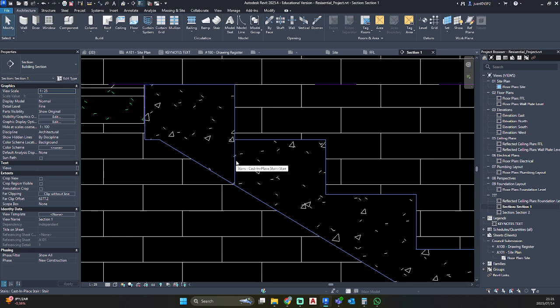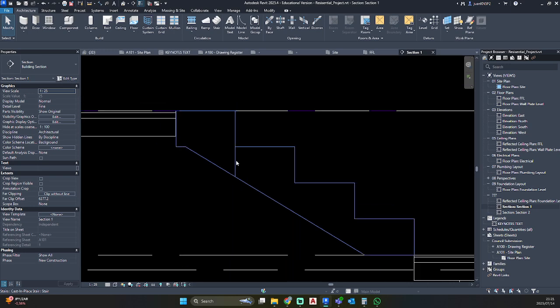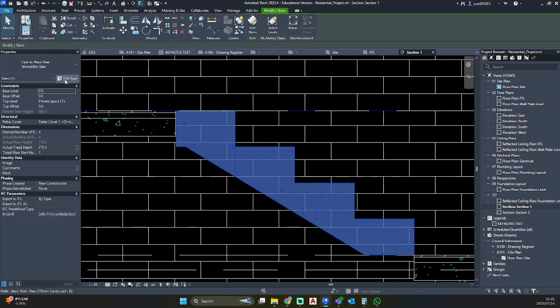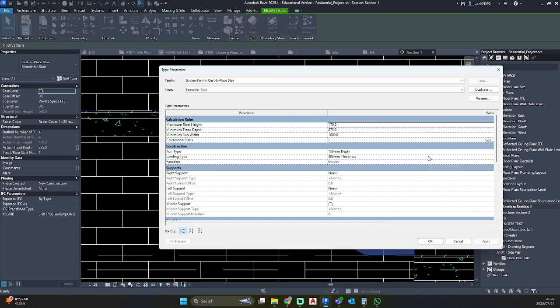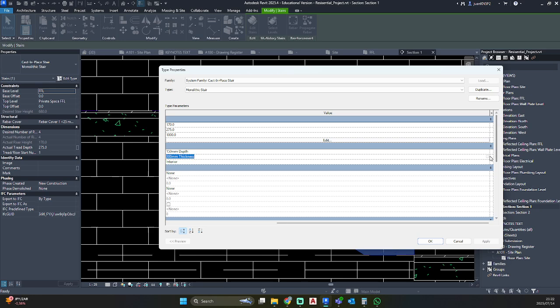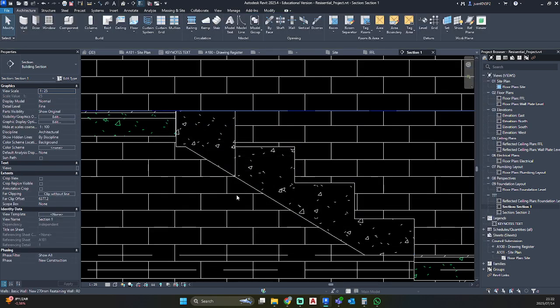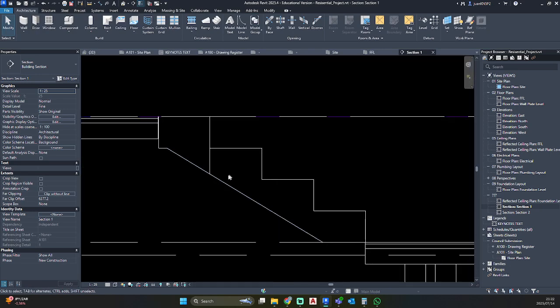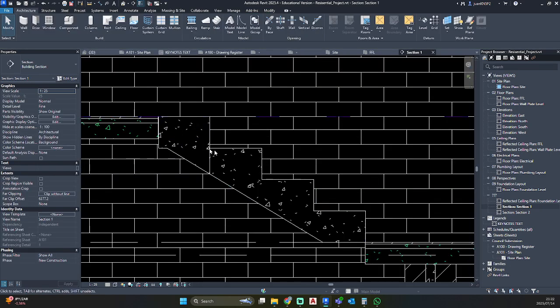Why are you putting a line there still? Edit Type. Yes, this one does look better.